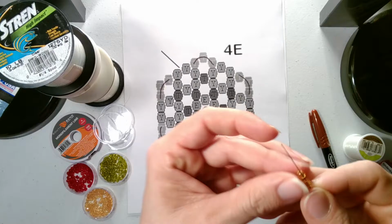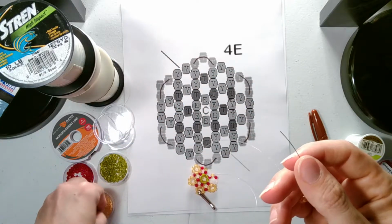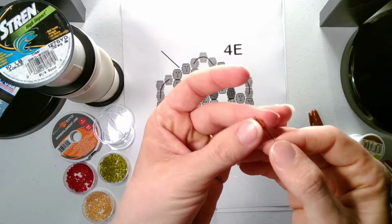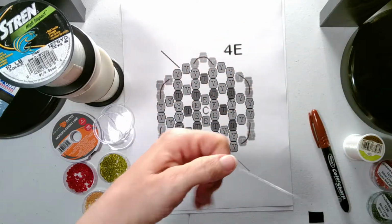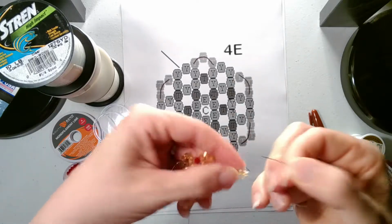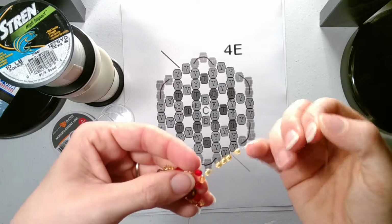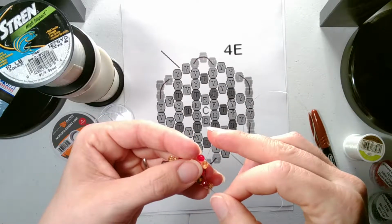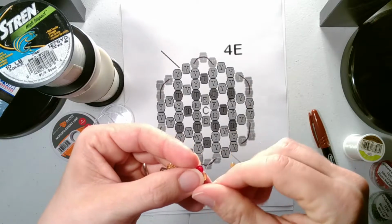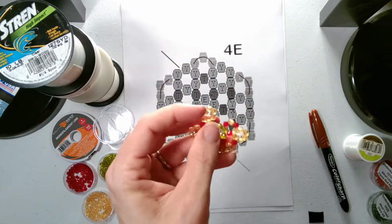One way to know if you're adding on the correct number of beads is a circle always has 6 beads in it. So you can always check to make sure your circle has 6 beads. If it doesn't, then you know somewhere on your pattern you missed something. Okay, so we're going to go through this bead that our string is coming out of so that it's coming out the same direction. And there we have our